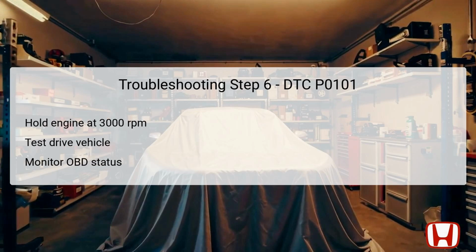For the sixth step, maintain the engine speed at 3,000 RPM without a load, allowing the radiator fan to activate, and then shift to idle. It's crucial at this point to test drive the vehicle for several minutes, monitoring performance metrics, particularly those parameters recorded in the freeze data, such as engine speed, vehicle speed, and values from the manifold absolute pressure, MAP, and throttle